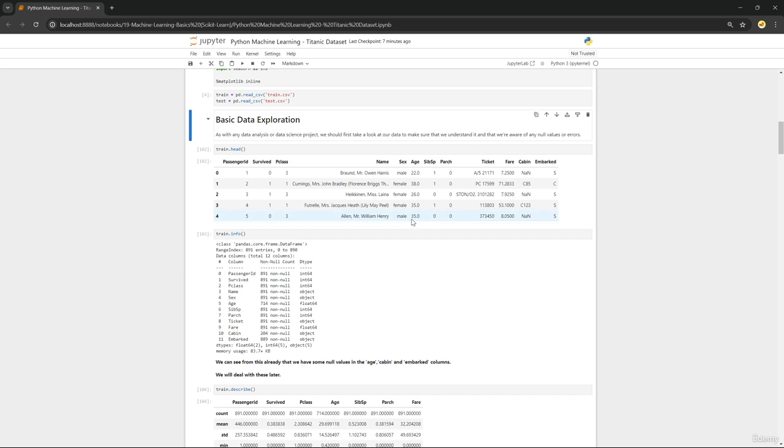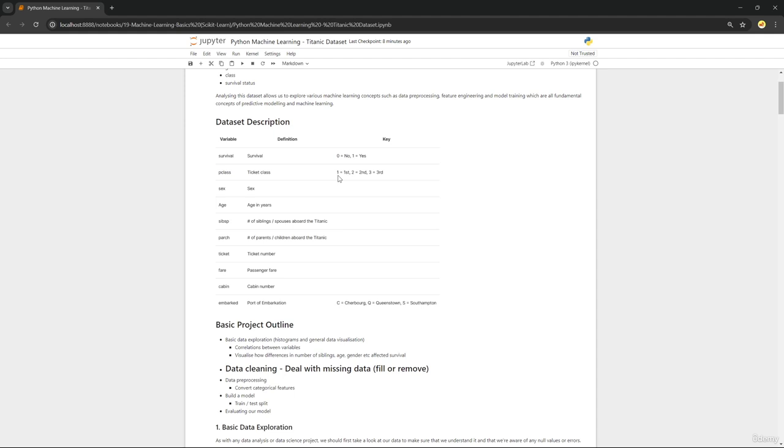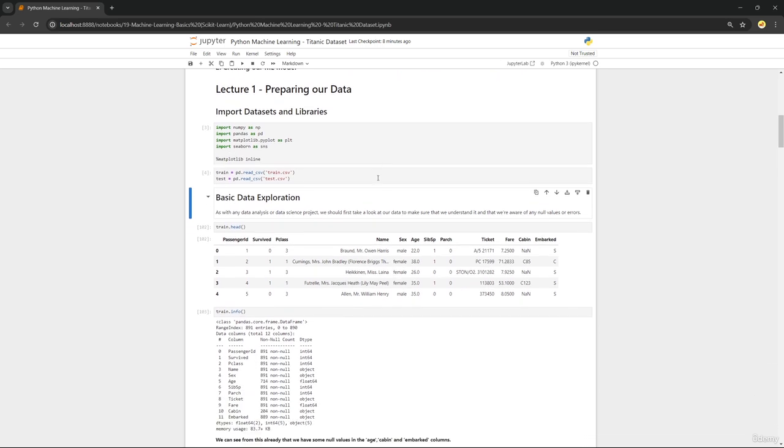We can see we've got our passenger ID, whether or not they survived, their P class, which is just their ticket class, with a value of 1 being first class, 2 being second class, and 3 third class. Name, sex, and age are all pretty straightforward, but then SibSp is their number of siblings or spouses on board the Titanic,